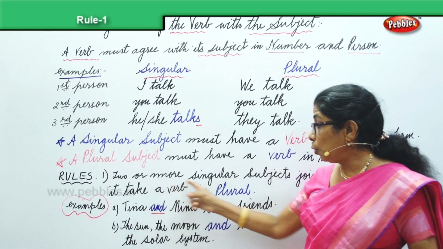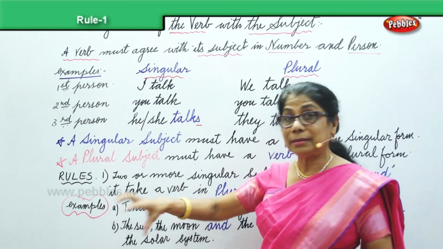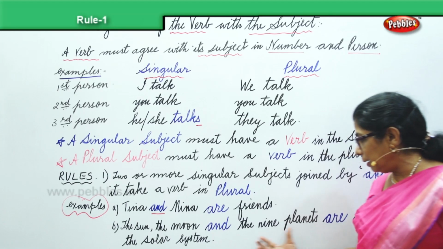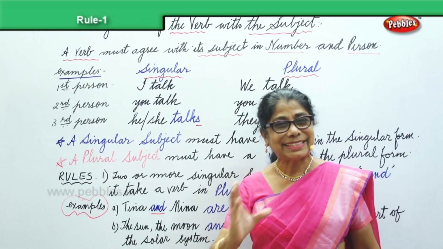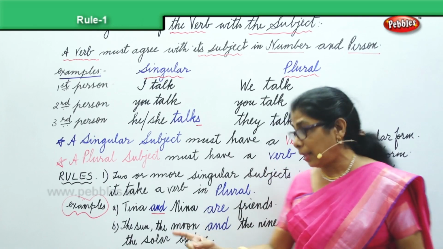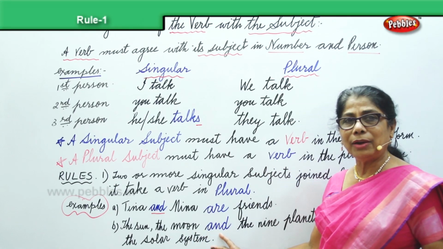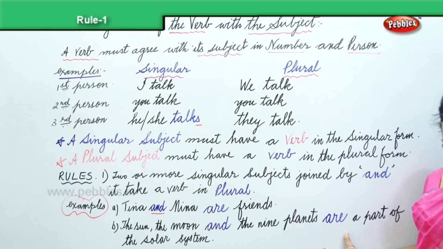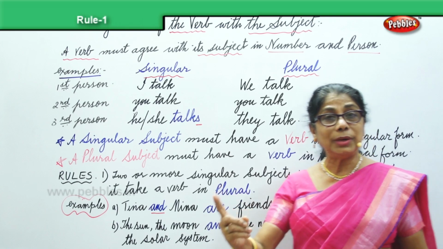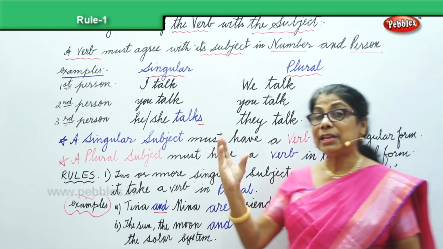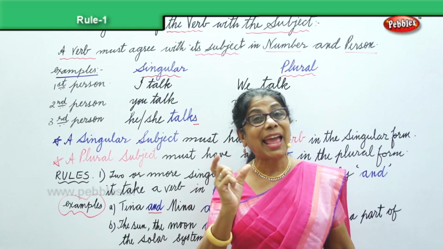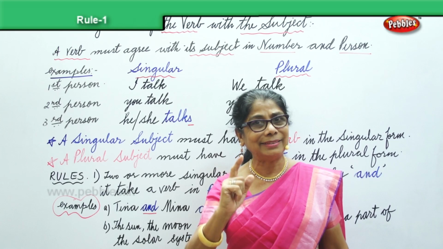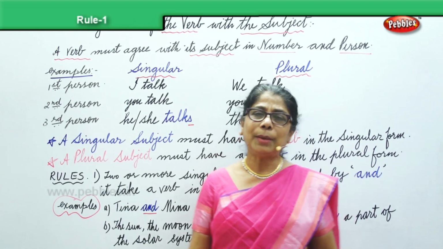Similarly, another example for you. We have two or more singular subjects here. The sun is a singular subject. The moon is a singular subject. Again, 9 planets, singular subject. All these singular subjects are joined by and. Then you cannot say 9 planets is, you say are. The first rule is, when two or more singular subjects are joined by and, it takes a plural form of verb. I hope it's clear. That's the first kind of rule. Now we have more rules to do.